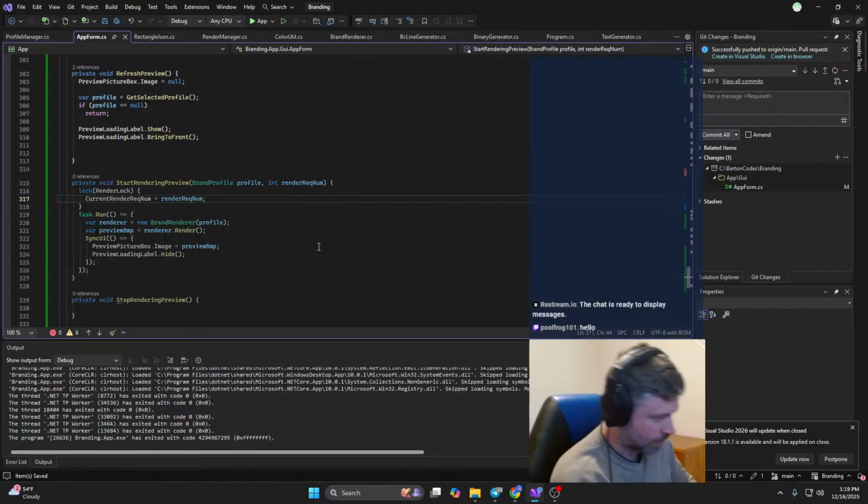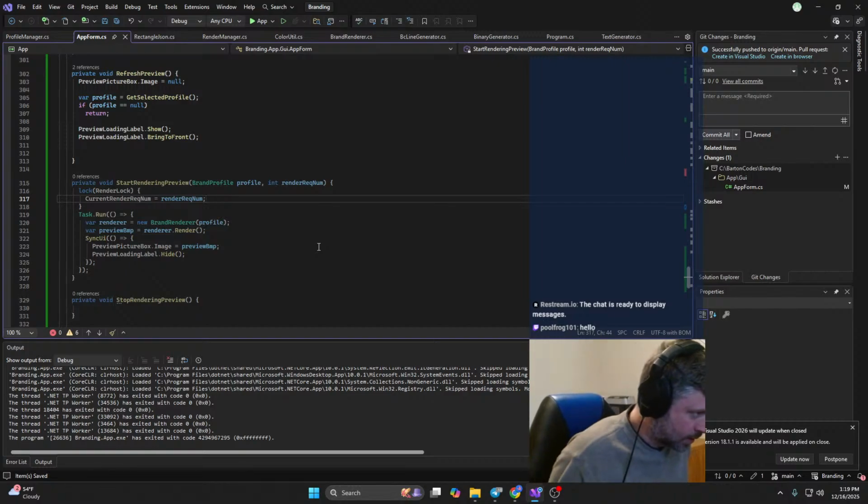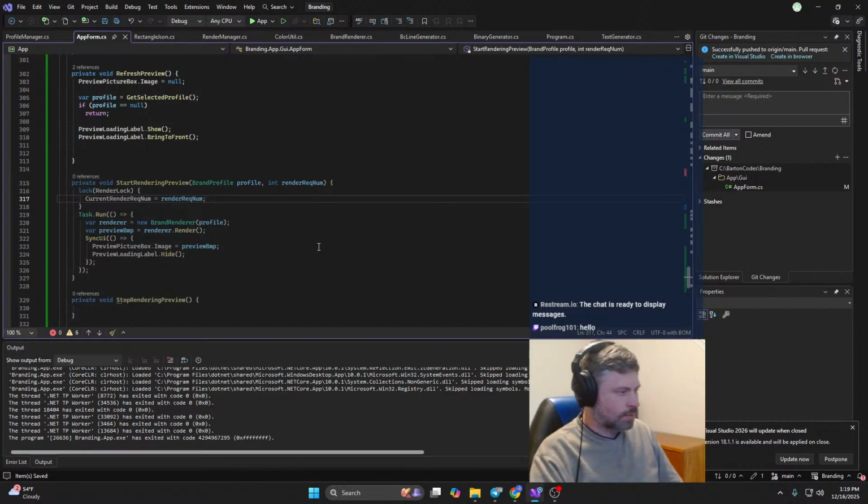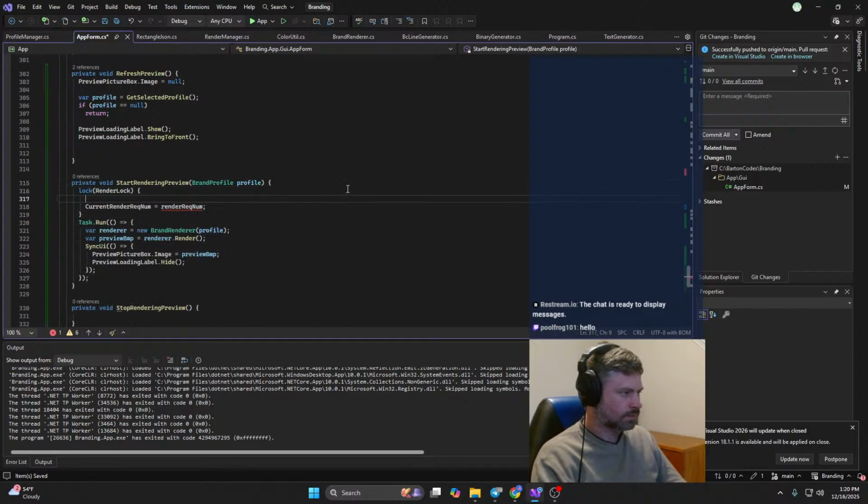So either when we called this, if it was already done, then current render recnum was going to be -1. And if it was already working on something, then current render recnum is going to be the number for whatever it was working on. Actually, I don't even need to pass this in because I'm always going to generate it that way. So here we can say